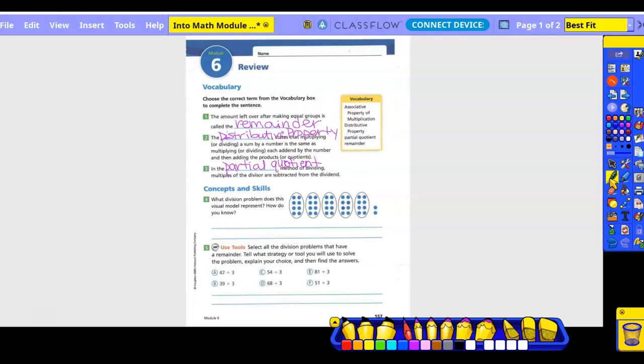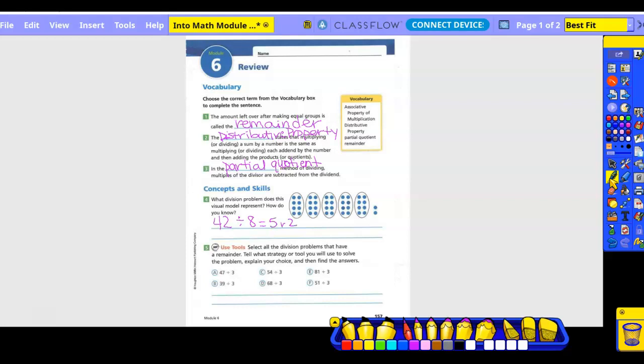And then 1, 2, 3, 4, 5. So what's 8 times 5? 40, and then we have that extra 2. So we have 42 divided by how many groups, or how many are in each group? 8 equals 5